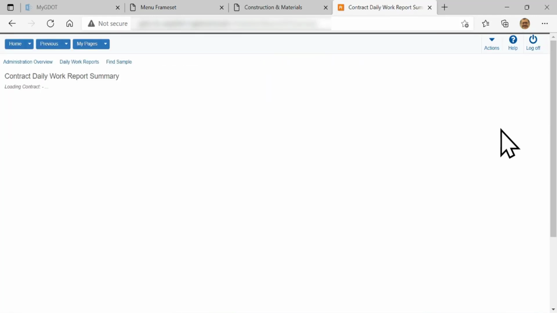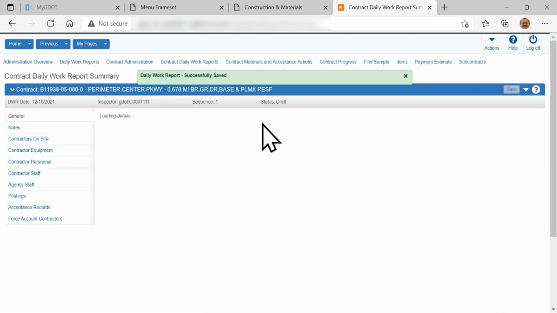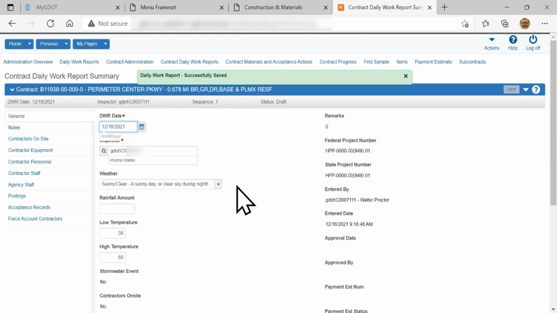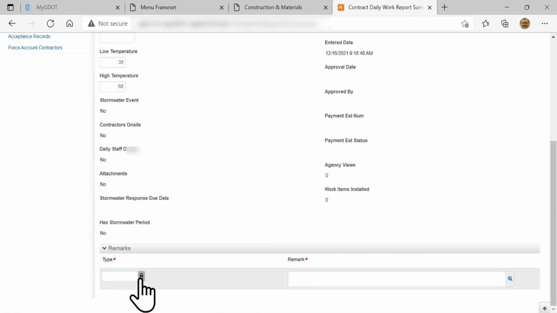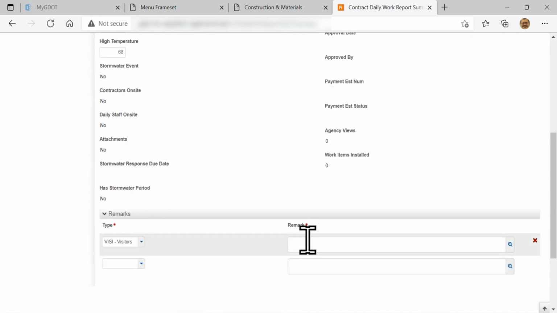Once I click on save, other tabs on the left-hand side will become available. You'll see here it still says my status is draft. So if I need to make any other changes to it, I can go in there and change anything I want to. Like maybe I want to put in there that we had a visitor, or unfortunately there might have been an accident or something else happened. So remember, remarks are down at the bottom. Right now there are no remarks in it. So I'll scroll down and here's my remarks field. So I'll click the drop down and I'll say, let's put in here that the visitor was listed there. And I might put in that